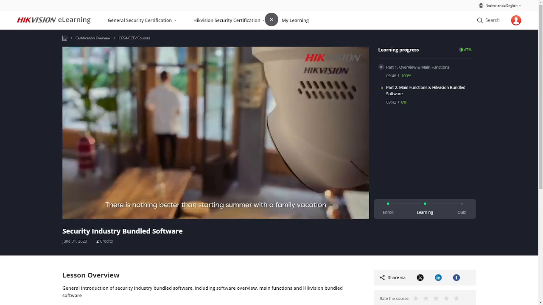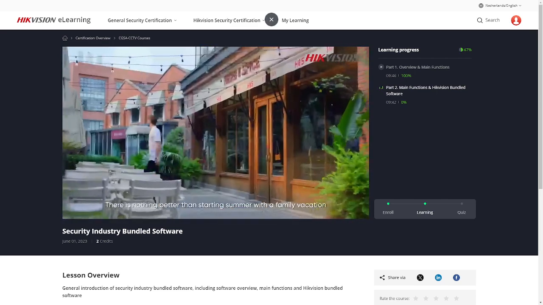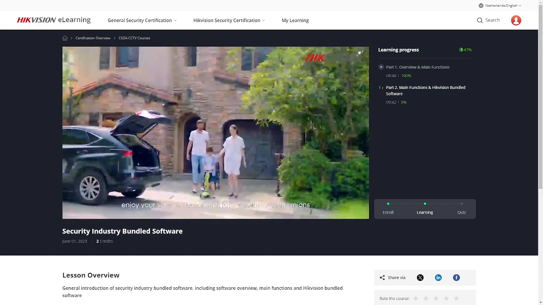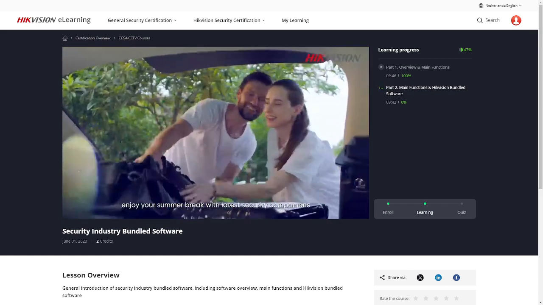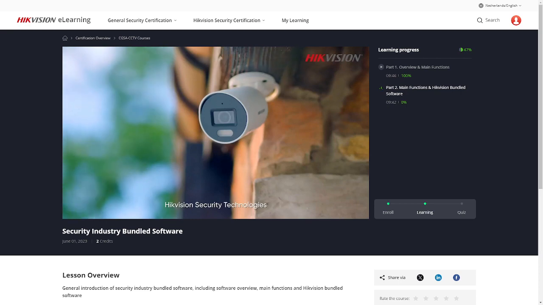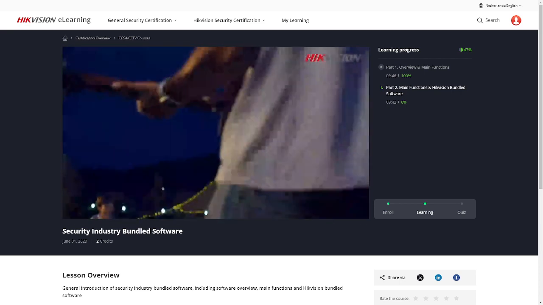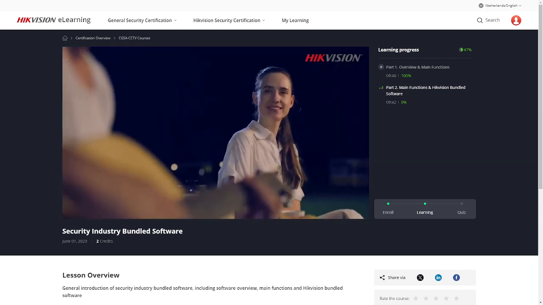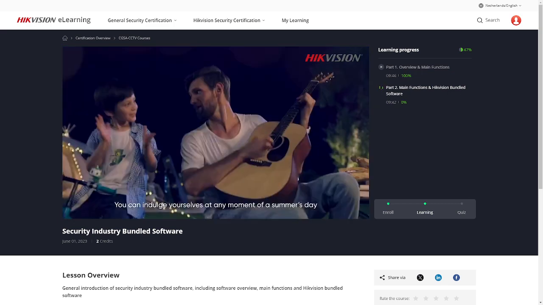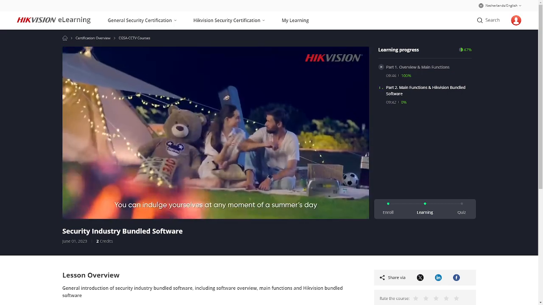There is nothing better than starting summer with a family vacation. This time, enjoy your summer break with the latest security companions, Hikvision security technologies. You can indulge yourselves at any moment of a summer's day.